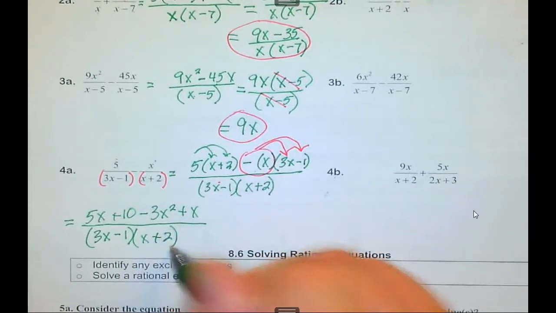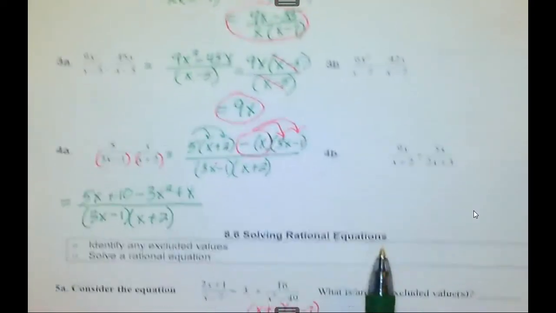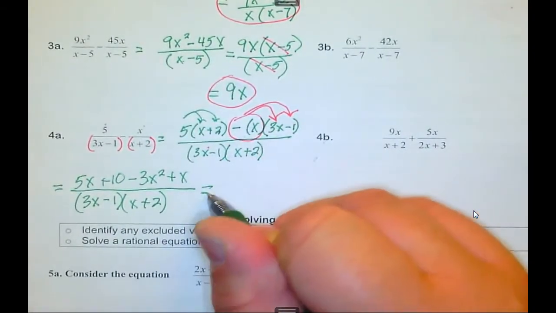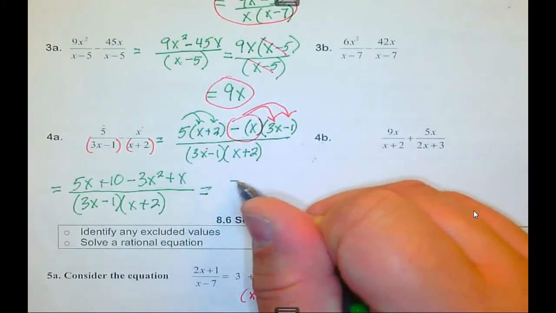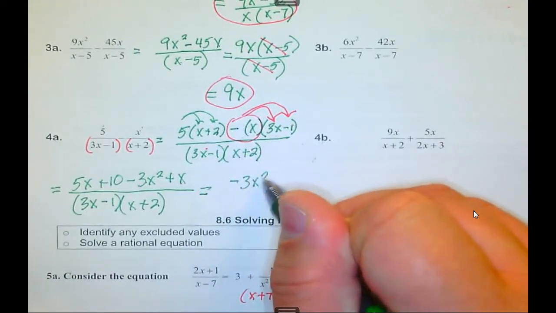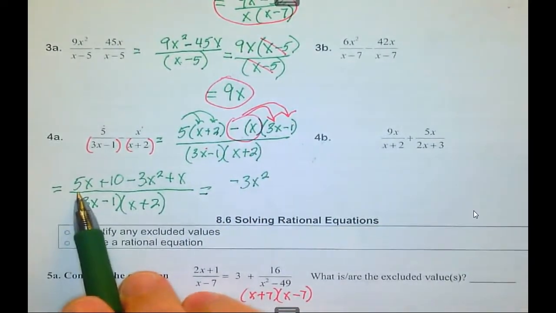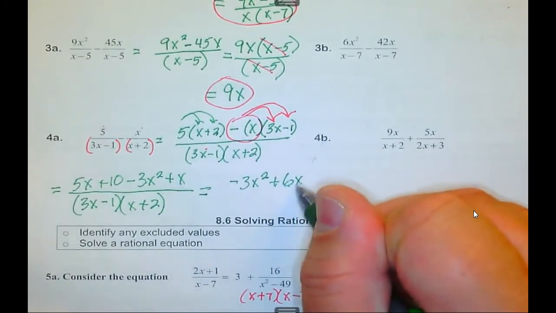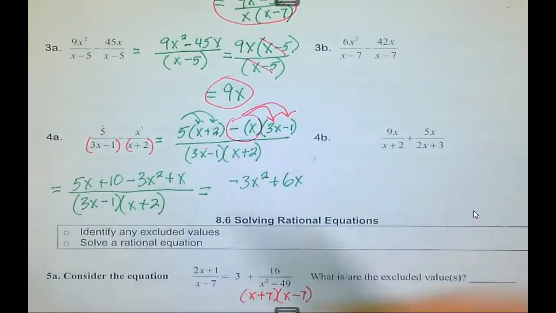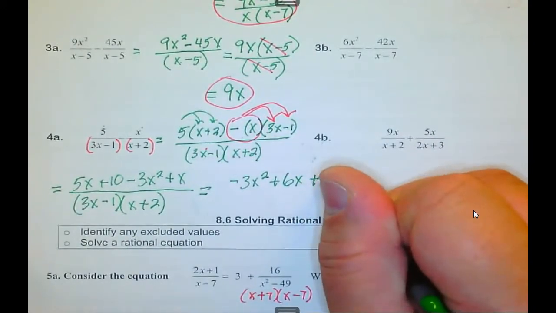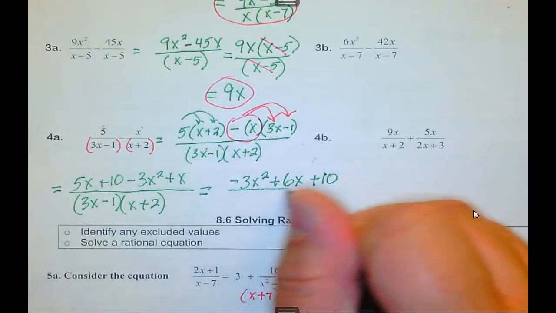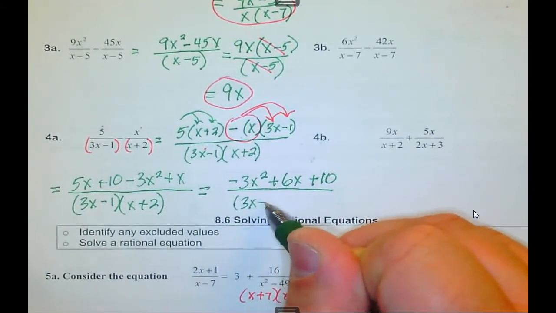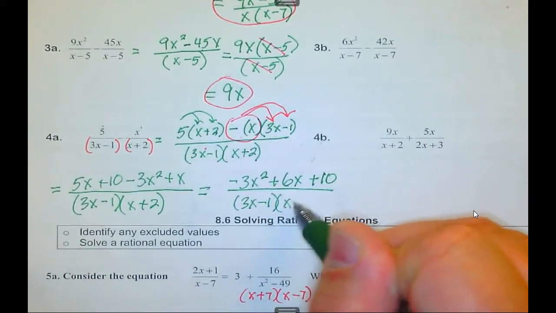Let's work a little bit on this numerator. Okay, I'm going to put it in standard form first. Negative 3x squared. I have a plus 5x and a plus x gives me plus 6x. And plus 10, all over 3x minus 1, x plus 2. Now,